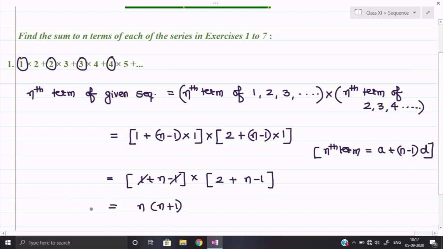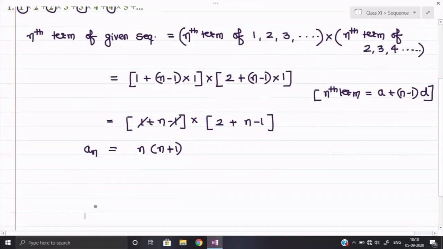Okay, if you want to check whether this nth term is correct or not, put the value of n equal to 1. You will get the first term in the sequence. Similarly, put the value of n equal to 2, you will get 2 into 3. If you put n equal to 3, you will get 3 into 4. And we can say that yes, we are getting all the terms as per the value of n, we shall keep it, and this will be the nth term of the given sequence. So see how easily the nth term of the given sequence can be found, and in almost all the questions except 1 or 2 questions we shall find the nth term of the given sequence in the same manner.